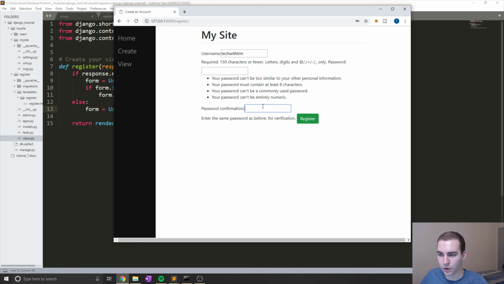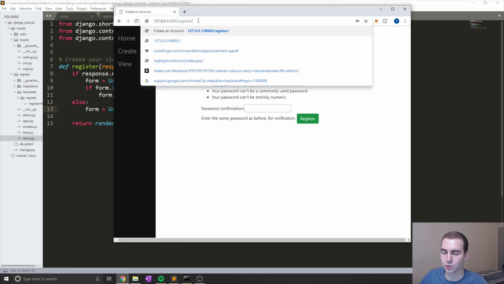Okay, so now we've registered. And I actually created an account called Tech with Tim, and I've done that. I know it doesn't look like anything happened, but that's what we're gonna add as well next. When we create an account, we'll redirect to a new page. But let's try going to the admin dashboard here quickly and see if we can see this new user in